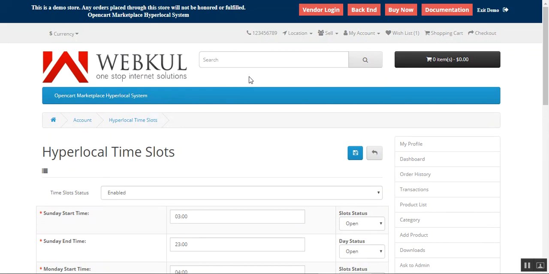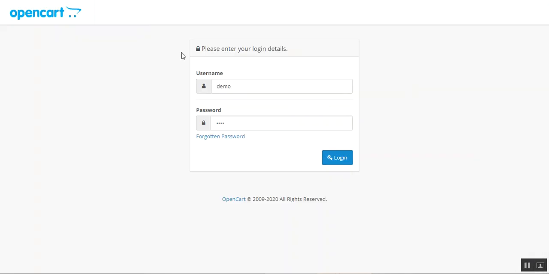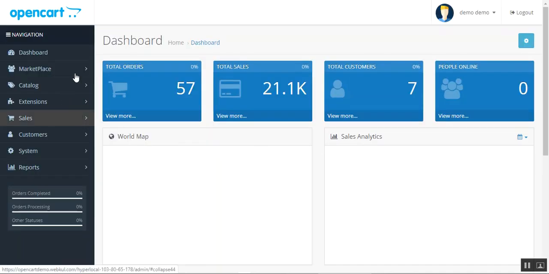Now let me take you to the admin backend panel, and let me show you what different options there are for the admin to configure. So here I'm at the OpenCart multi-vendor marketplace hyperlocal system backend right now. So I'll be logging into my admin backend panel first. So after I've logged in